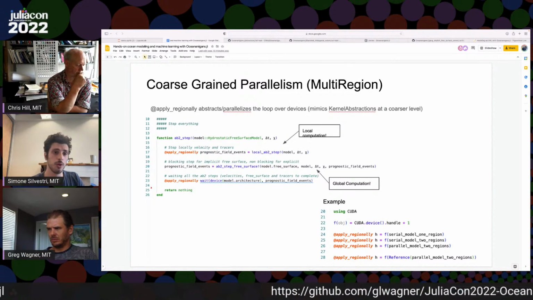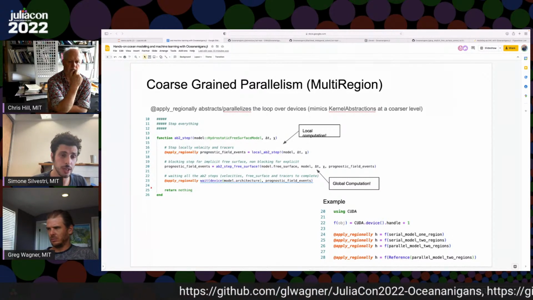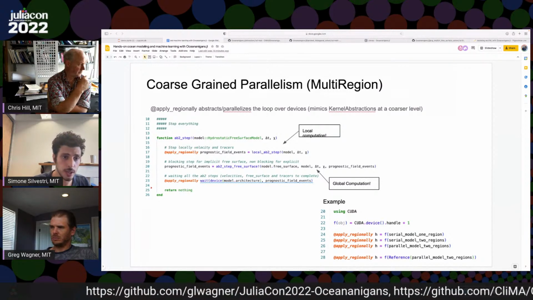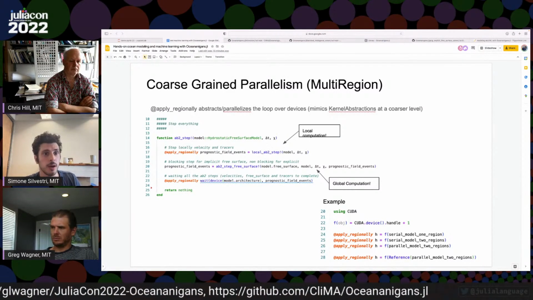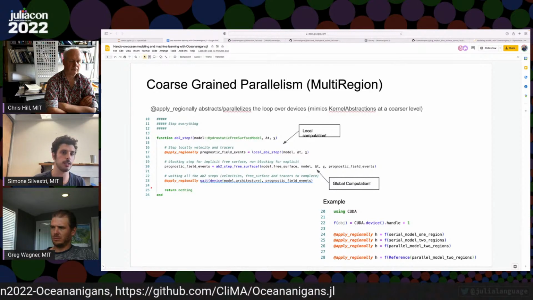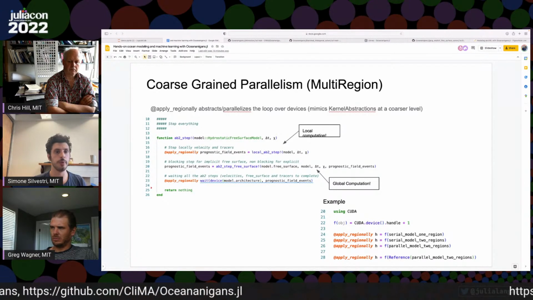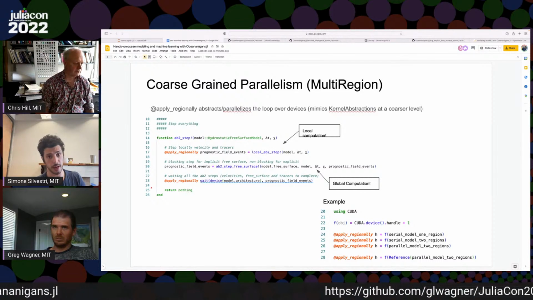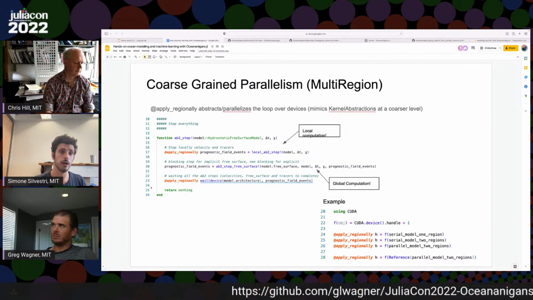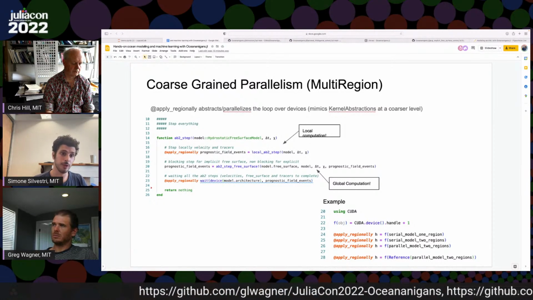The only thing that we have to do is append this apply regionally in front of local computations, and if any argument of the function is a multi-region argument, so it is recognized by Oceananigans to be allocated on multiple devices, Oceananigans at the apply regionally will perform a loop and apply locally this function